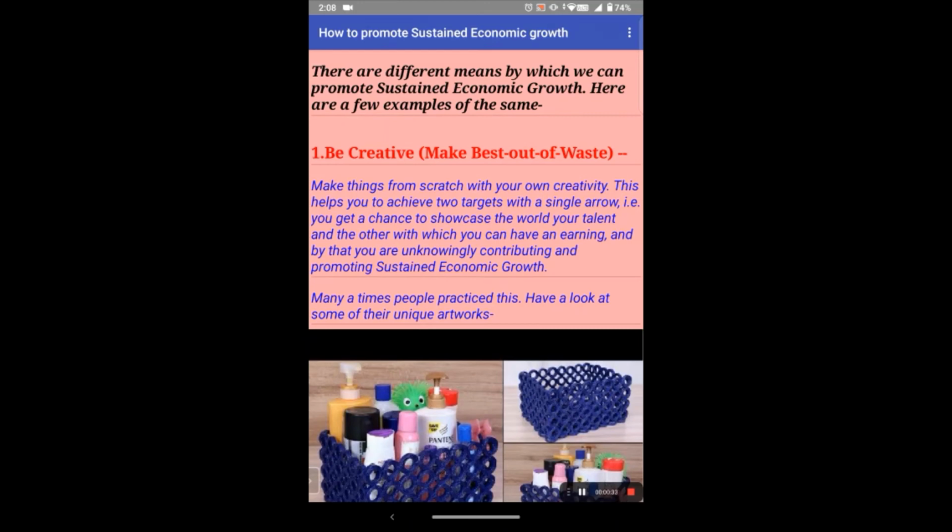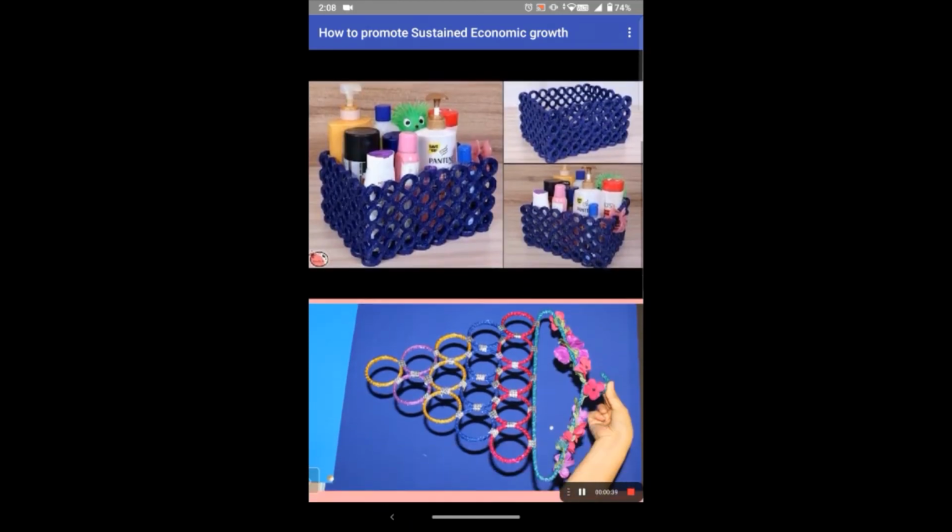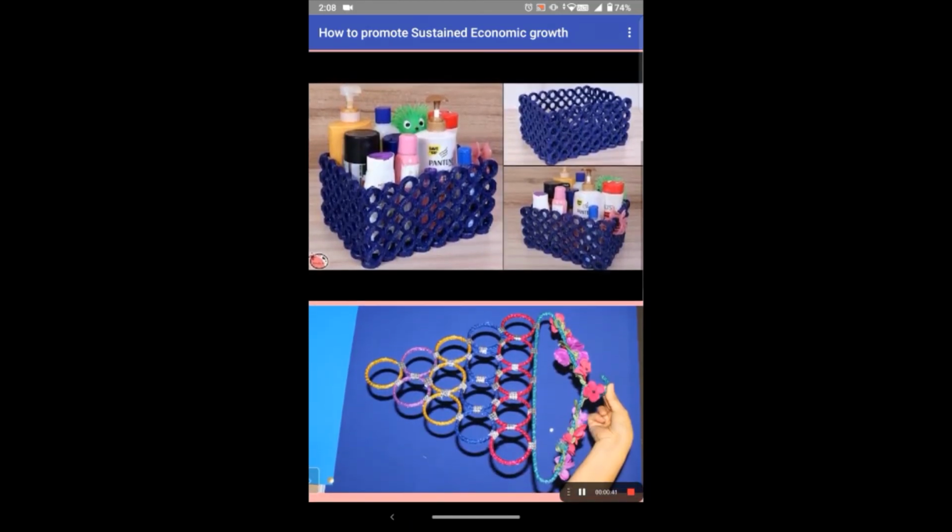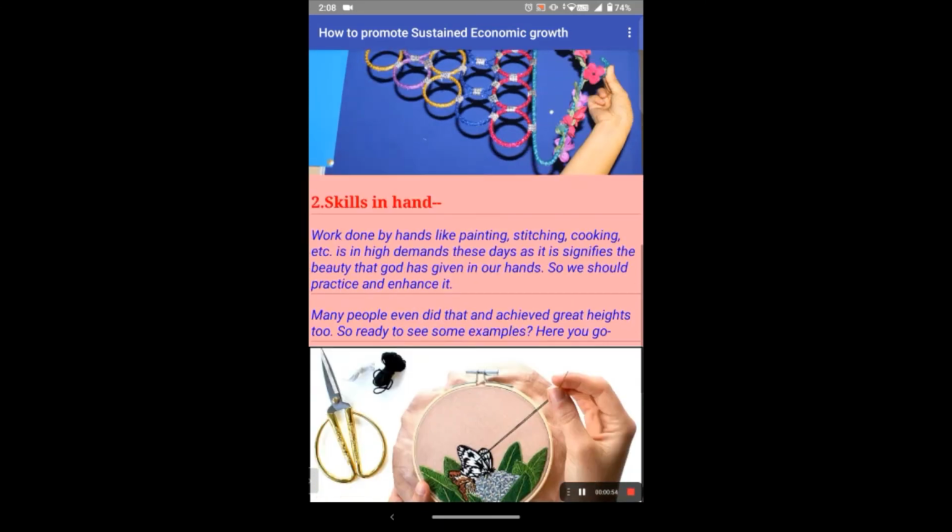Many a times people practice this. Have a look at some of their unique artwork. So here are the pictures. It shows a basket made from newspaper rings, and the other one has rings and hanger, and the second